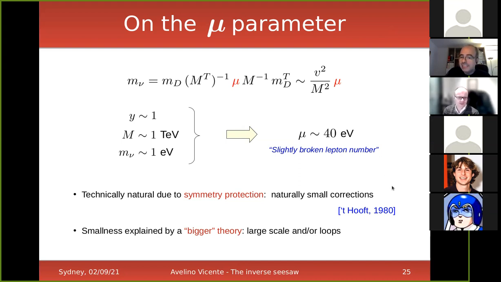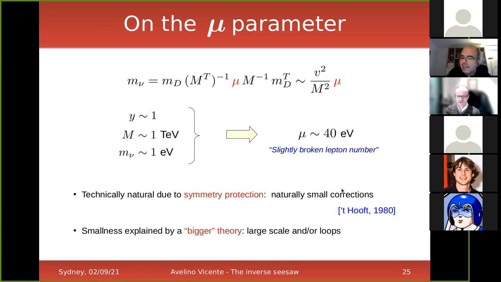Okay, so I just said that this is natural, but I think we should also be aware that even though it's natural, we don't have an explanation for this number. This is a very small number, and the smallness of this number can be understood in bigger theories. There are constructions in which this is not explicit in the Lagrangian, so it's not a bare mass term in the Lagrangian, but you can generate it spontaneously. And in those cases, you can manage to explain the smallness of this parameter by playing with some large scale or some other ideas. You can also generate mu radiatively by playing with loops, and then also automatically this would be very small.